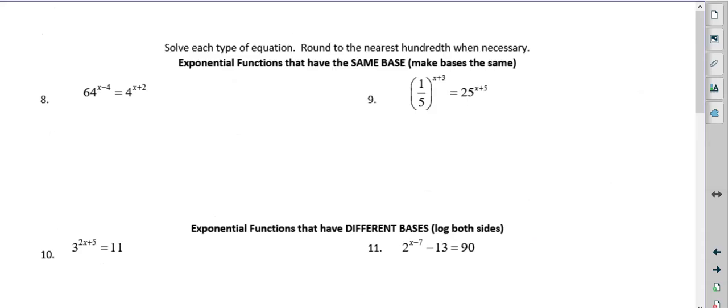Moving on. Solve each one. So with 64 and 4, we need the same base. So we need to rewrite 64 as 4 cubed. 4 times 4 times 4 is 64. Now we cannot forget that we have this x minus 4 that was already up there. And then this side stays the same. Once we have these bases the same,